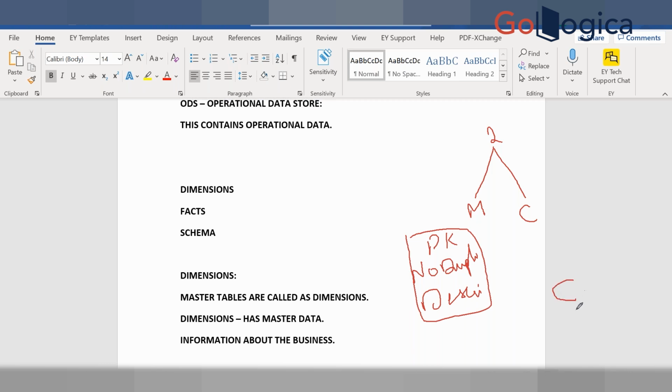child tables are the ones which may have a primary key, but will have a foreign key referring to the master table. It may describe the entity or it may have some transactional information. Transactional information means all the transactions a particular person has done. Transactions for the same customer are repeated again and again. Okay,